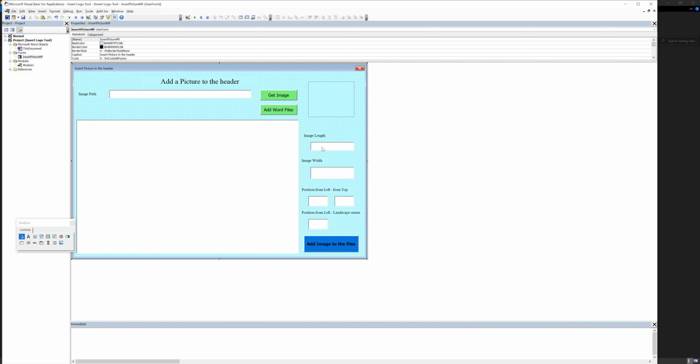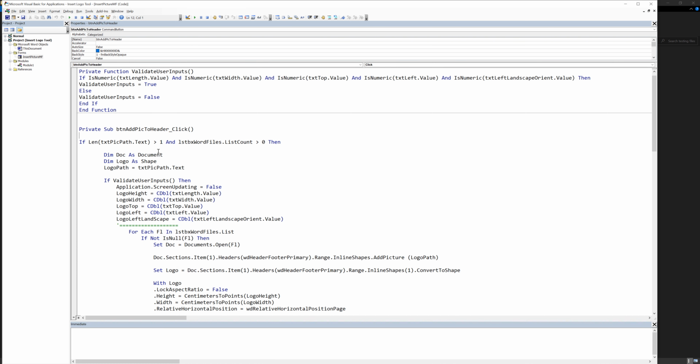For example, last time, if any of these inputs was wrong, it would be ignored, and default values would be set for all of them, but the user wouldn't know about it because we didn't tell them that there is something wrong here or there. So what we are trying to do this time is